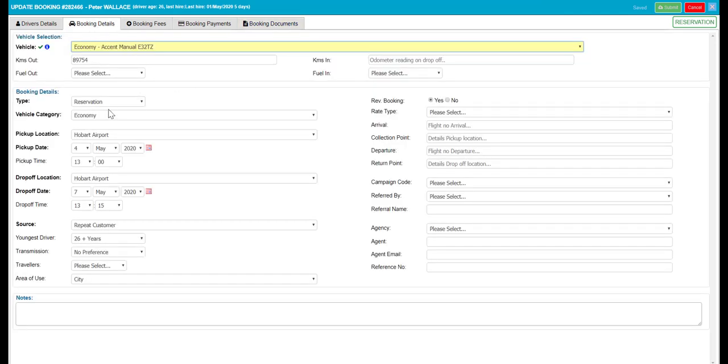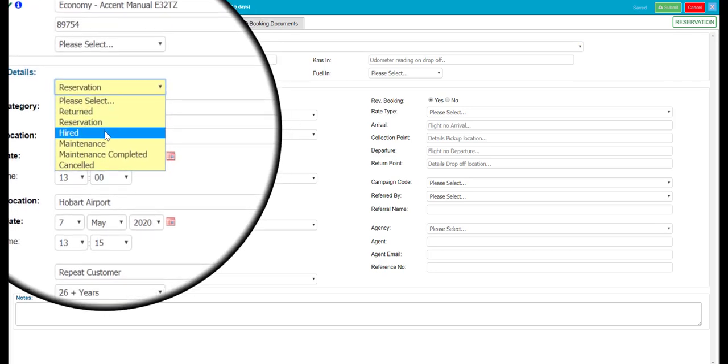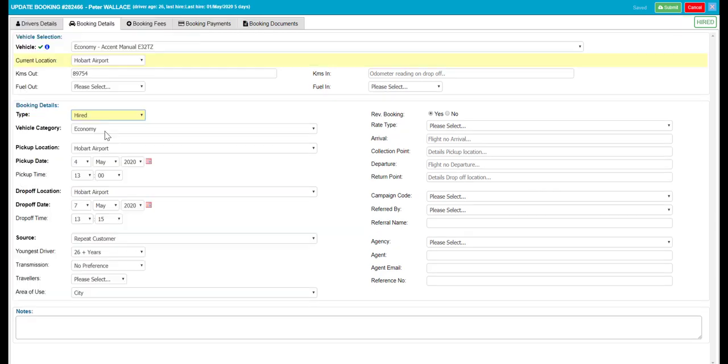So going back to the booking details screen, the point of updating this booking was to change the status from it being a reservation to hired. This can be done by clicking on the drop-down box next to the booking details type. So I'll update the booking type to hired, and as you can see, it now highlights the vehicle's current location,